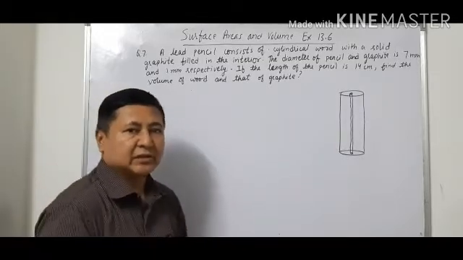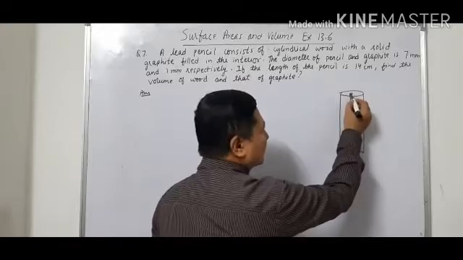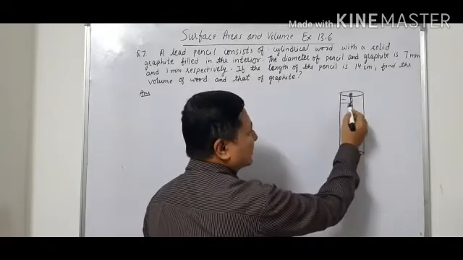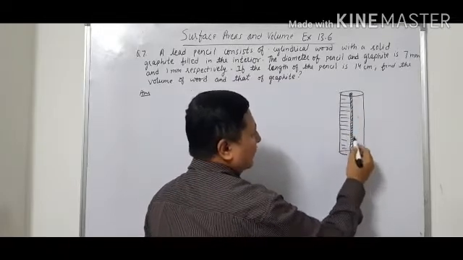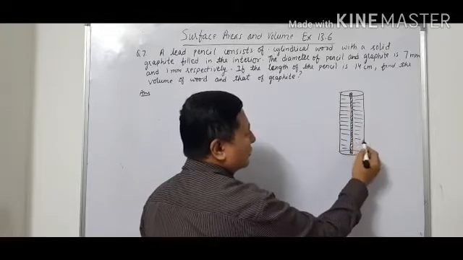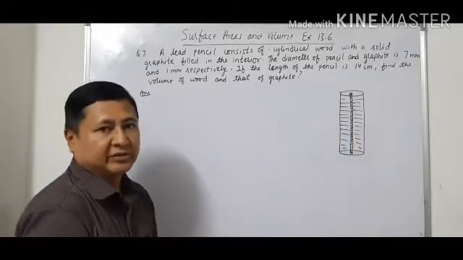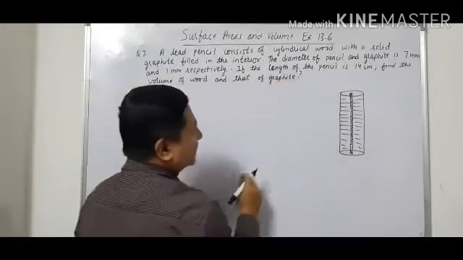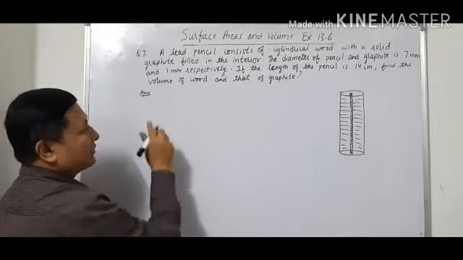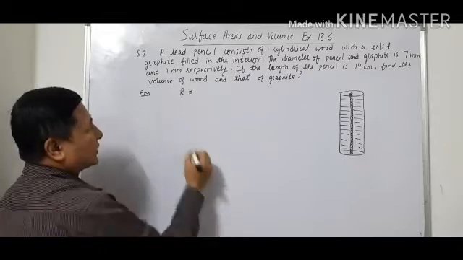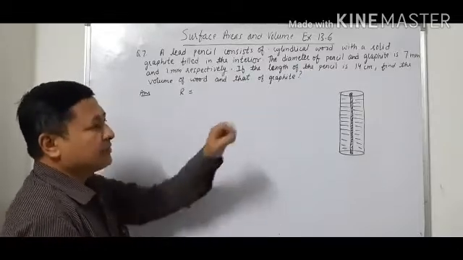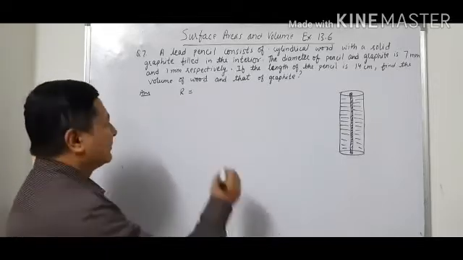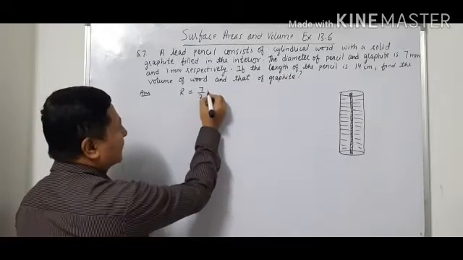As you know, in a pencil, the interior part is made up of graphite, and the rest of the material is wood. So we have to find the volume of the graphite as well as the volume of the wood. In the question it is given that the diameter of the pencil and graphite is 7 mm and 1 mm. So capital R, the diameter of the pencil, is 7 mm, so the radius of the pencil is 7 upon 2 mm.